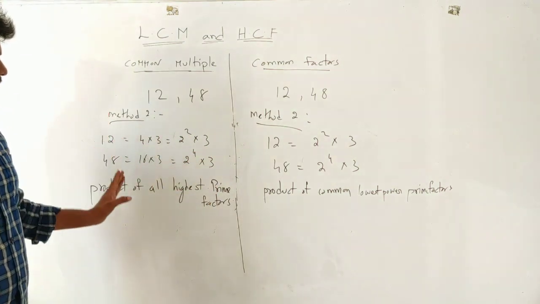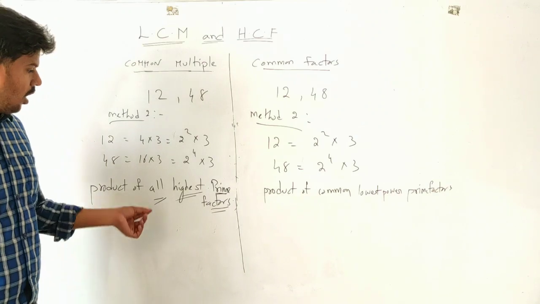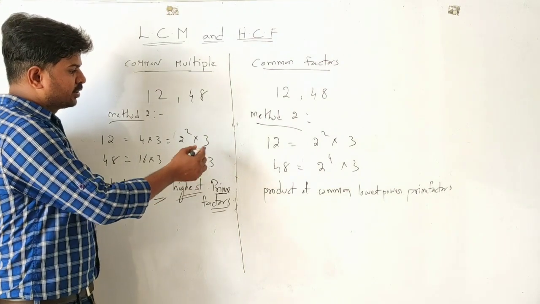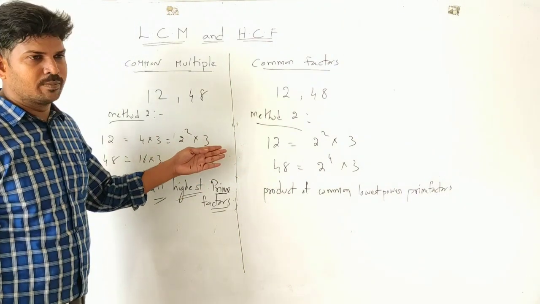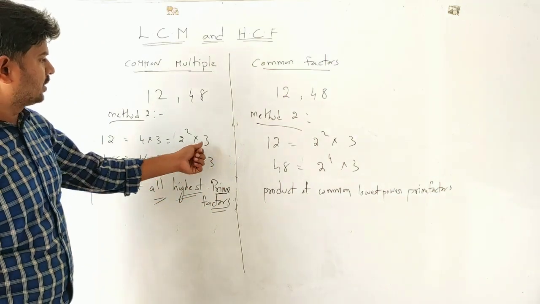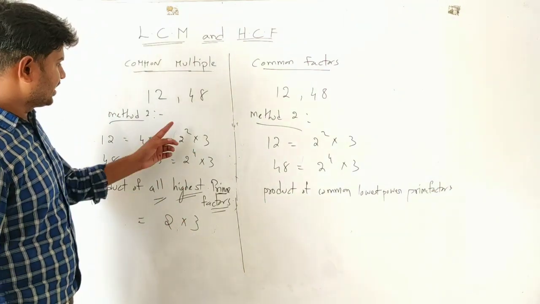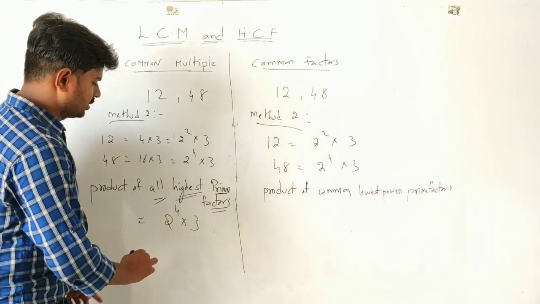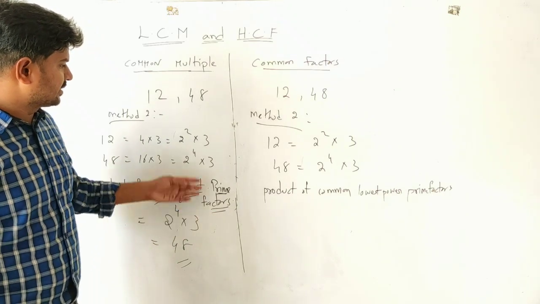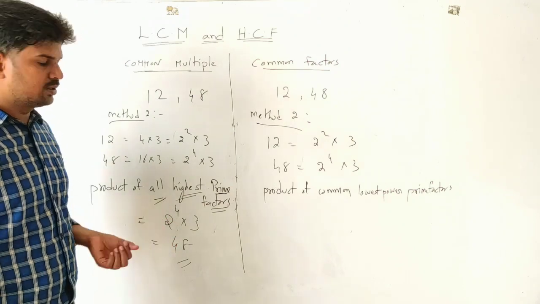And here the LCM is nothing but all prime factors with highest power. So here there is no need for it to be common to these two numbers. What all prime numbers are available, you have to take them with the highest power. What all prime numbers do you have? 2 and 3 here. So it is equal to 2 and 3. And what is the highest power of 2 in both? That is 4. So take it. So it is equal to 48. So first take all the prime factors that are available here, and take the highest power for the prime numbers. That is equal to LCM here.